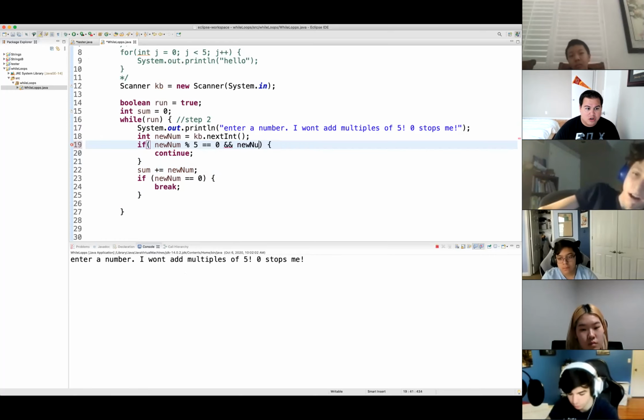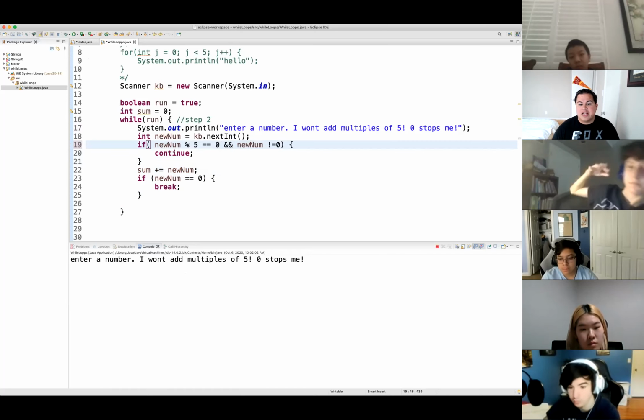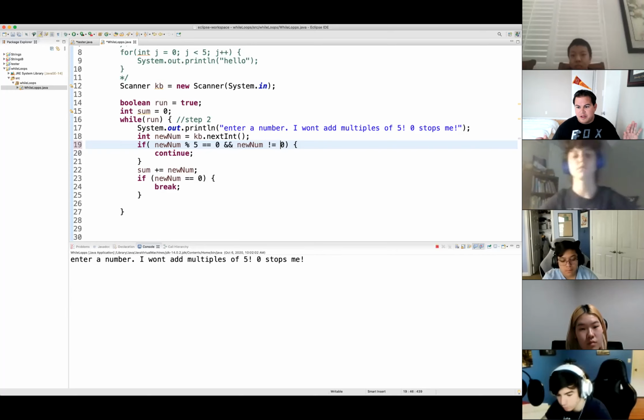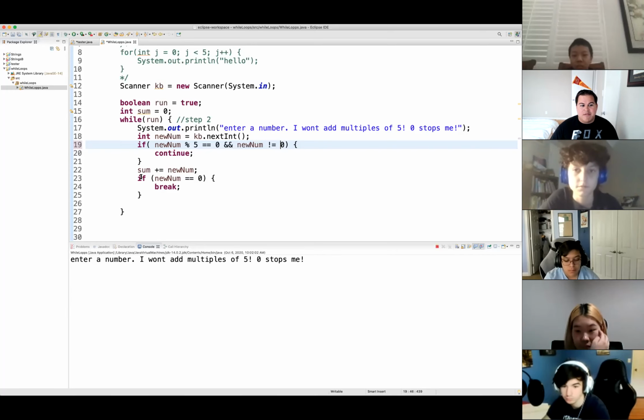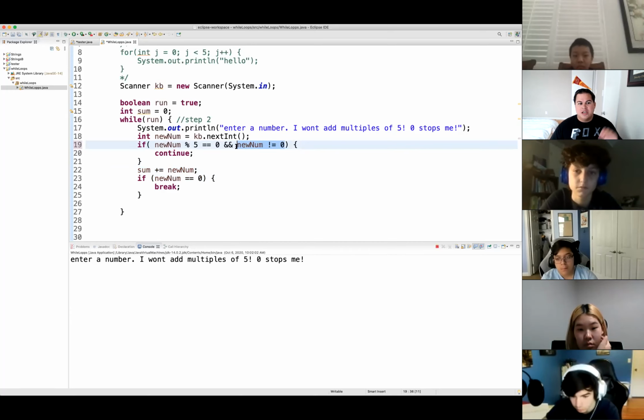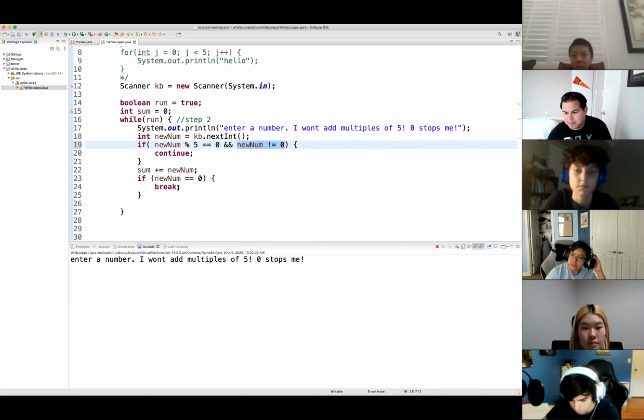So I just want to make sure it is not equal to 0. I'm hedging my bets because 0 modulo 5 is 0, which means it would never get to here. So I'm putting in a checker to make sure it's a multiple of 5 and it's not 0. Because if it is 0, it's not going to run this. It'll go down and it'll break.